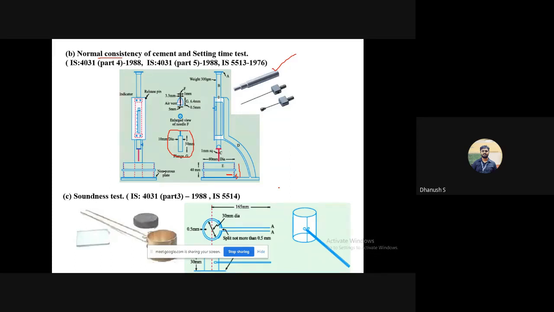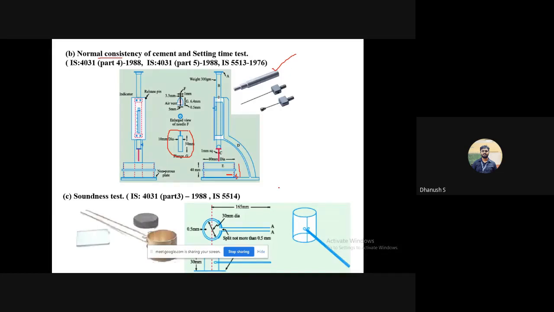Has everyone understood the procedure? I think you'll become more thorough when you actually perform it. So now it is fairly simple. Just remember, when you're dropping the plunger, it has to be dropped with the hydraulic setup. Without it, you will never get 5 to 7 mm penetration from the bottom. It will always hit the bottom because it will fall through with a lot of inertia.